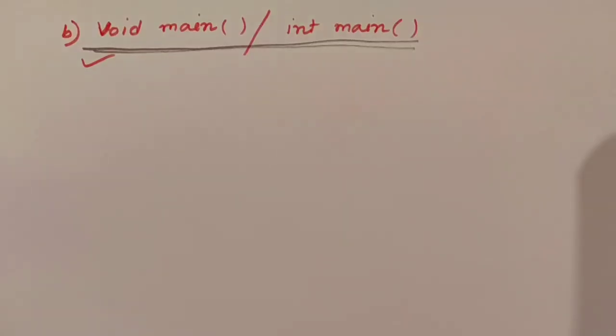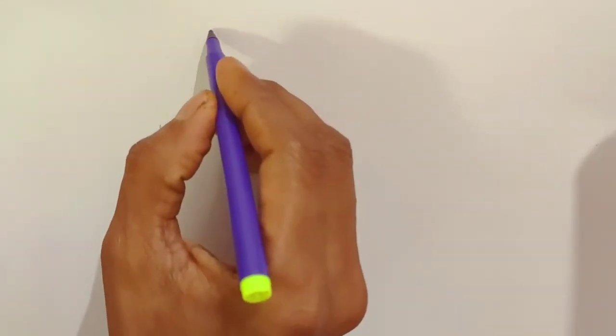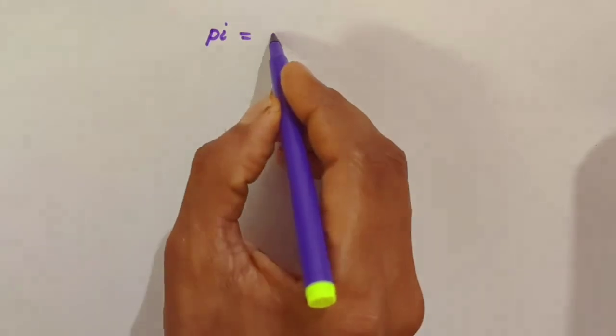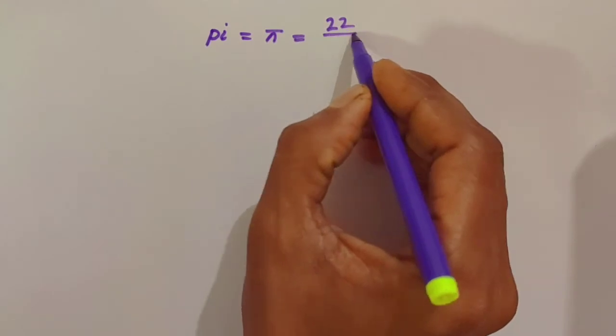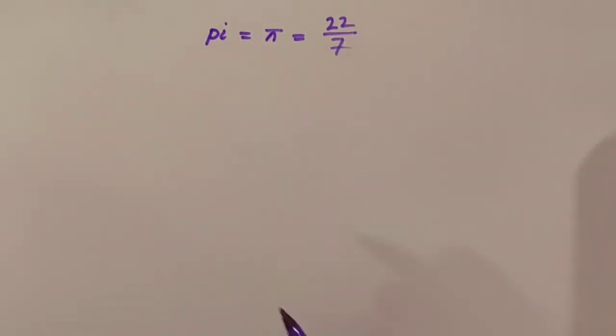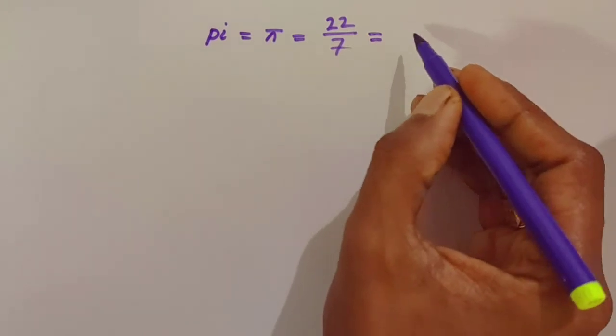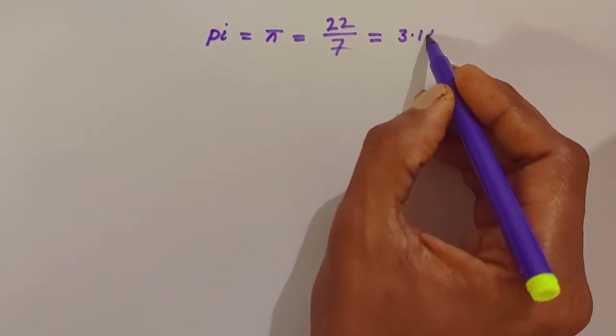Now before going to that point, you may be confused. Why do we have to consider different types of numbers? Suppose, for example, a simple example I'll consider. You know about pi. The symbol is pi, equals to 22/7. So earlier in school you have written pi equals to 3.14,